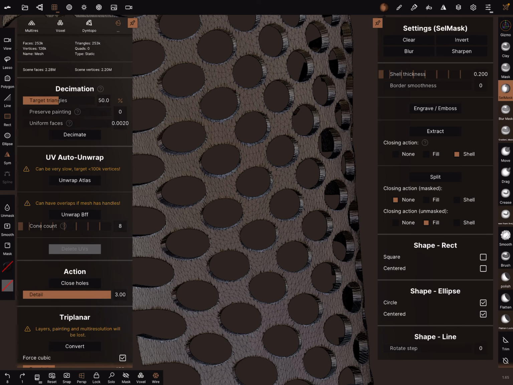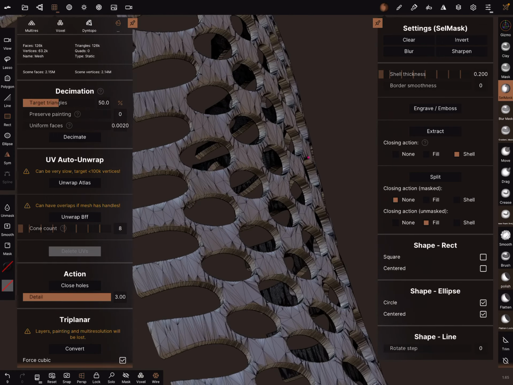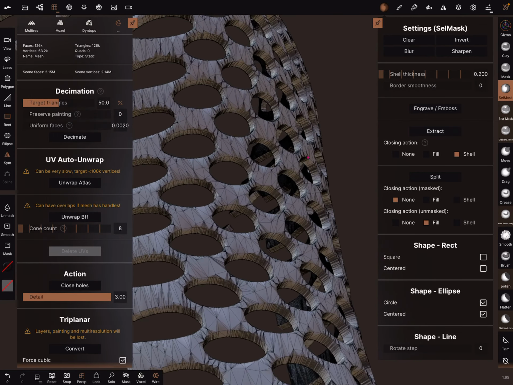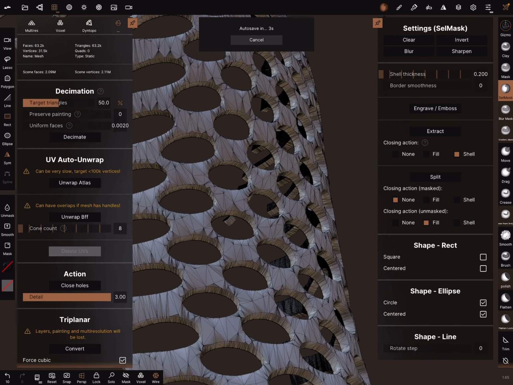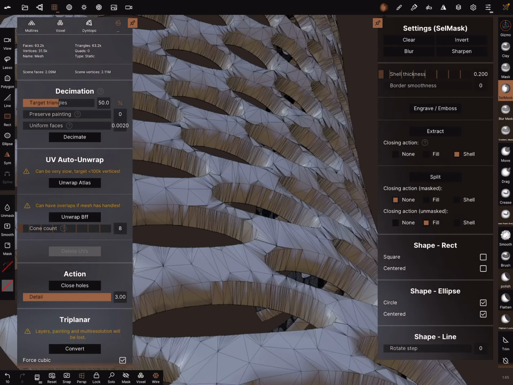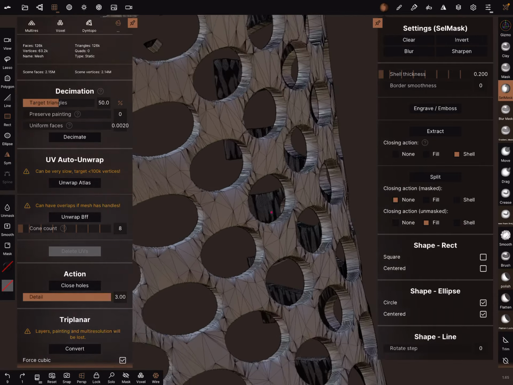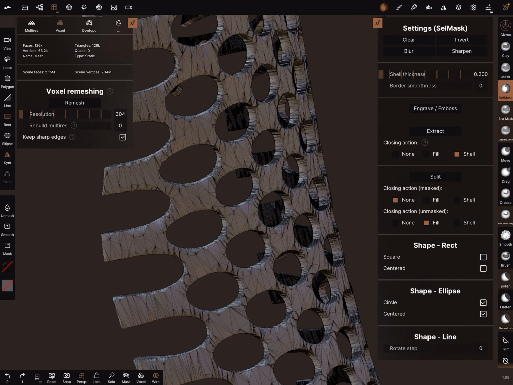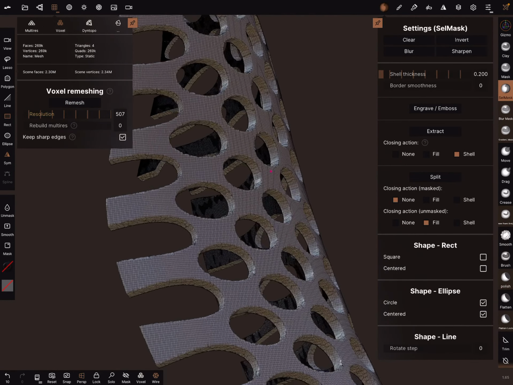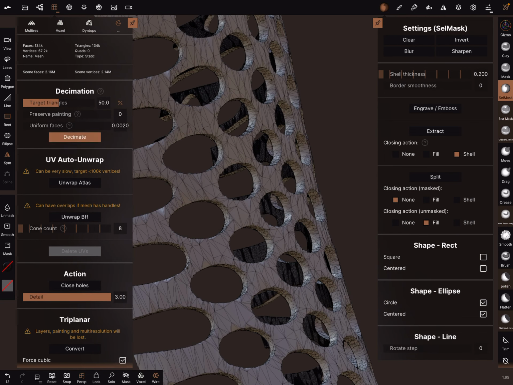It's better to use the decimation function again here. Let's try again the voxel remeshing with a higher poly count. And now let's do the decimation again.